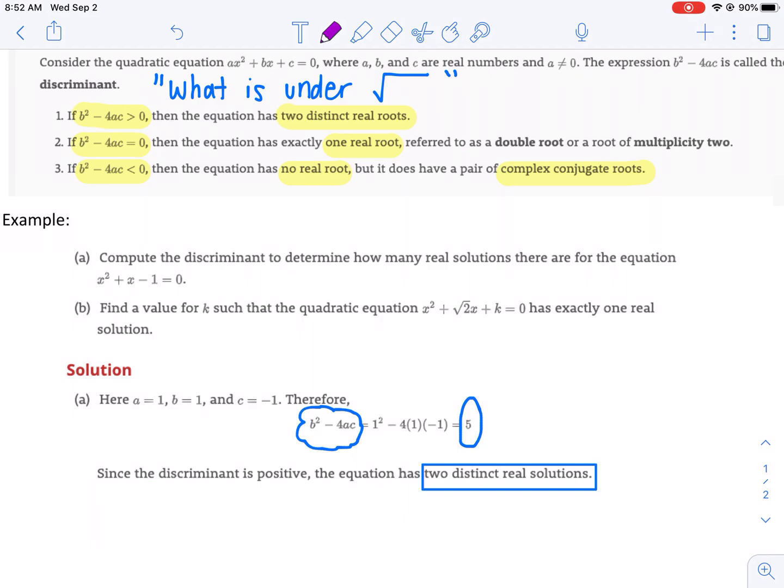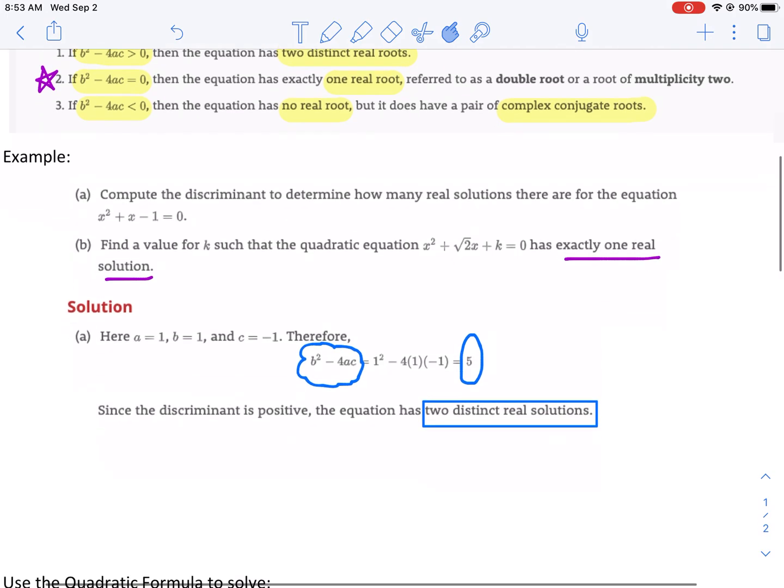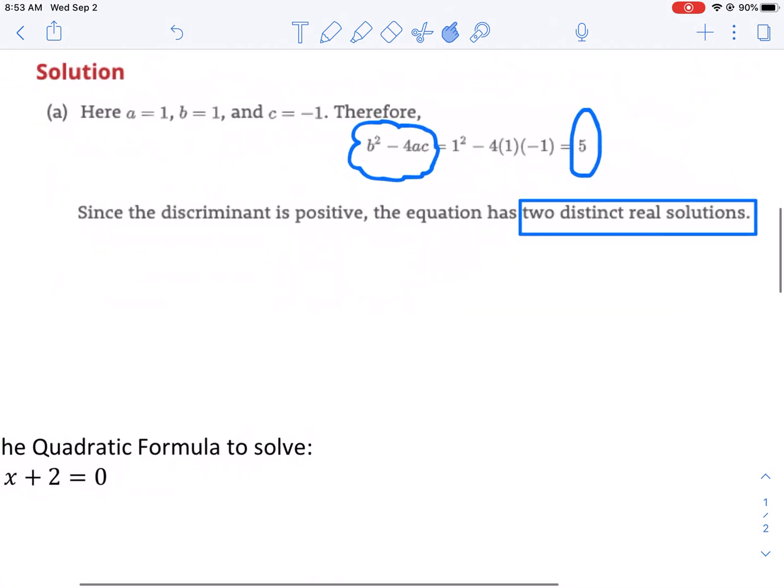Now we're going the other way. If I have exactly one real solution, I need to be in this second case right here. Right? One real solution, one real root, has to have a discriminant equal to 0. So you have to understand those rules. So what I'm going to do for part B,